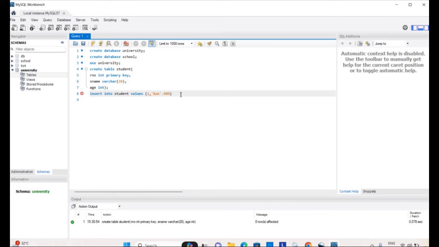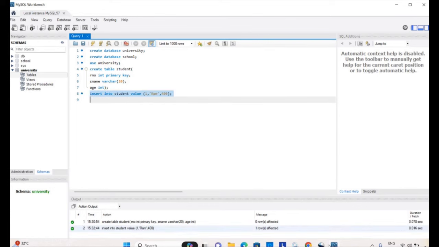Close the bracket. And we will run this. One row is affected.